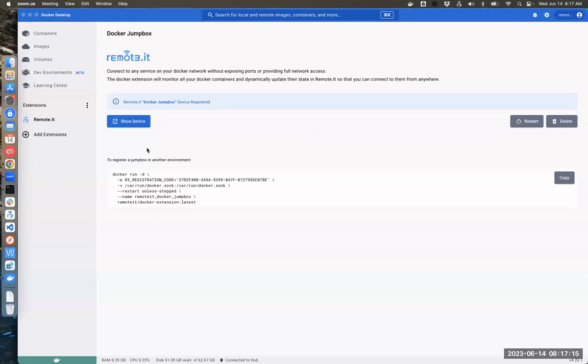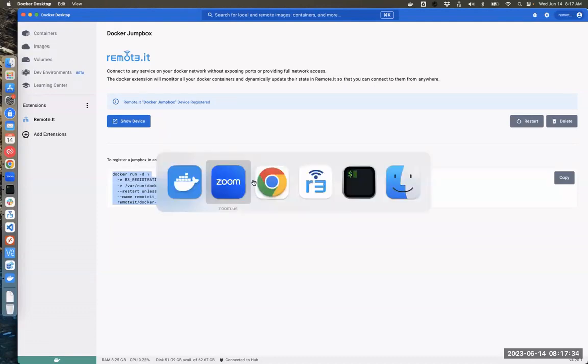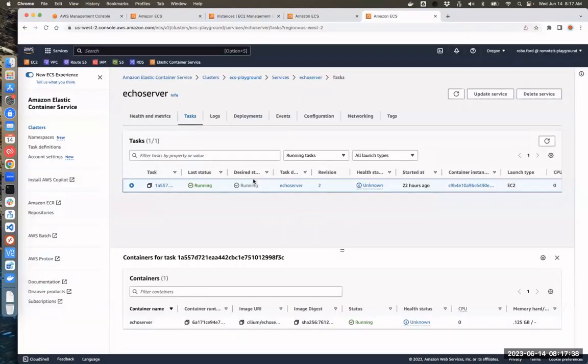Okay, so as Jamie just alluded to here, I'm going to take this Docker run command here, and I'm going to convert that to an ECS task in AWS. And we're going to run this on our ECS cluster over multiple instances and show how that same Docker daemon API works and gathers information from our ECS cluster.